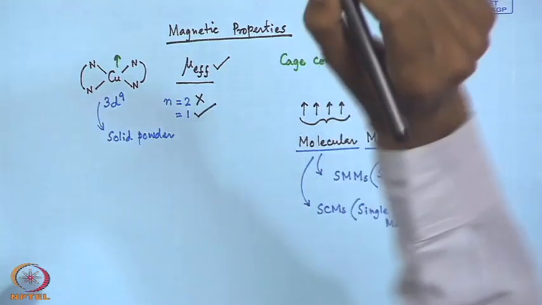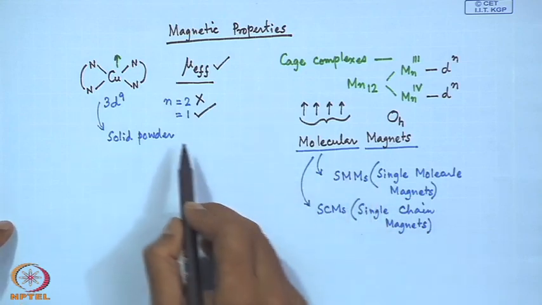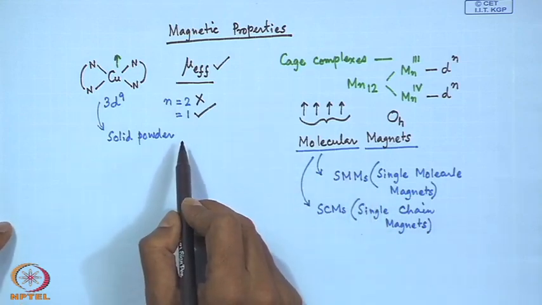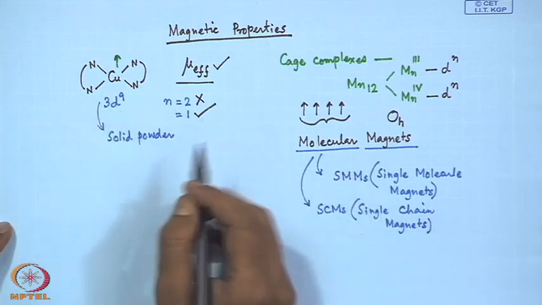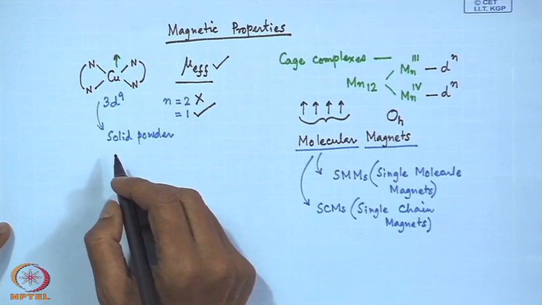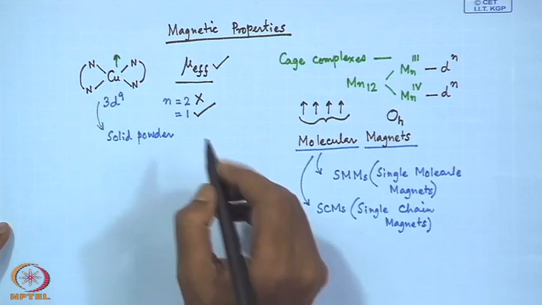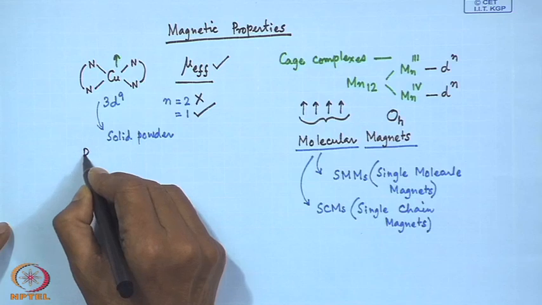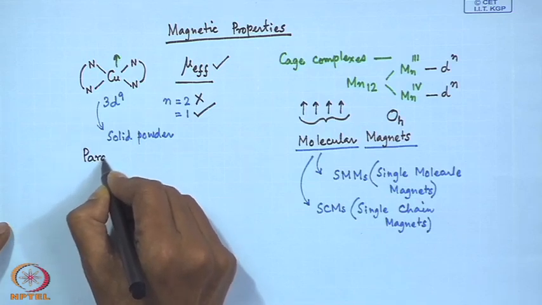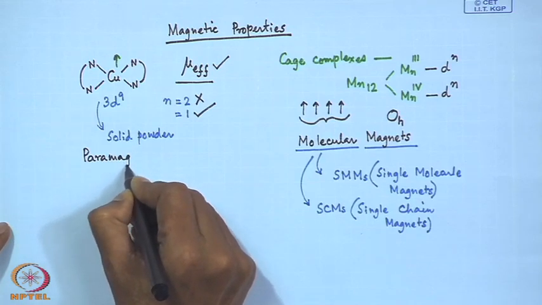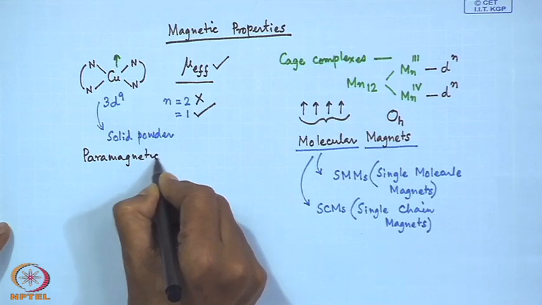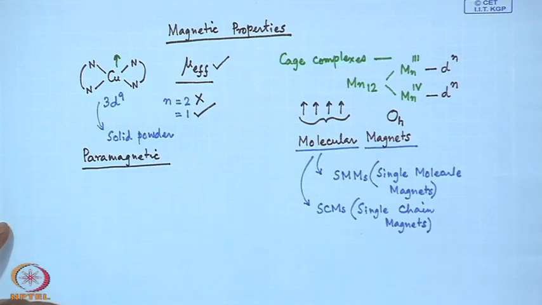For an n equal to 1 system with one single unpaired electron, we can determine the corresponding paramagnetic behavior of the system. So, we get a compound which is paramagnetic in nature,